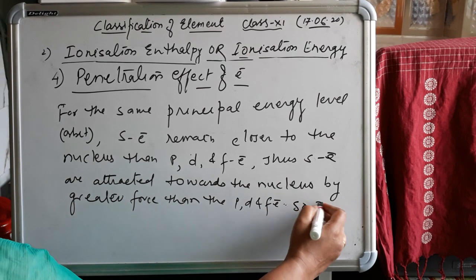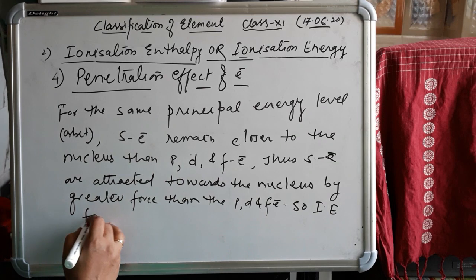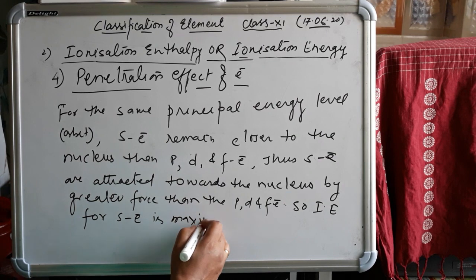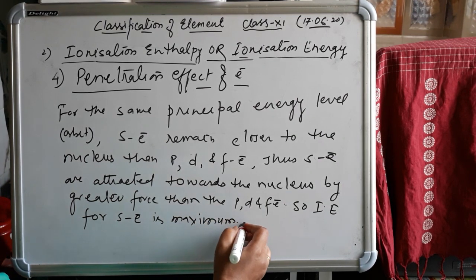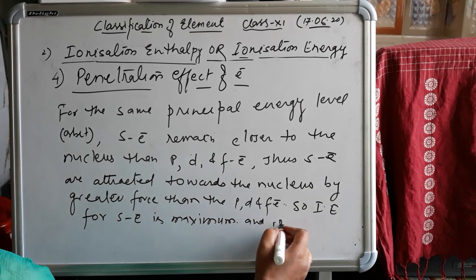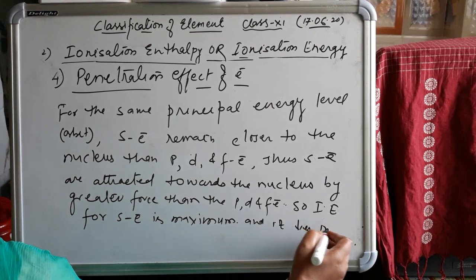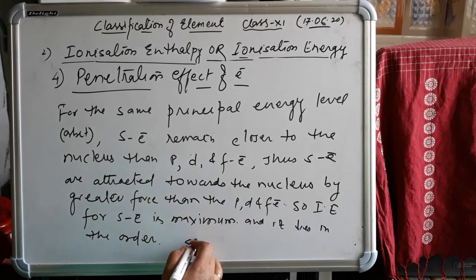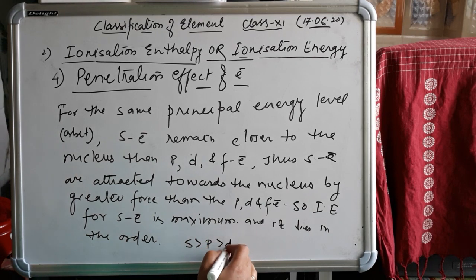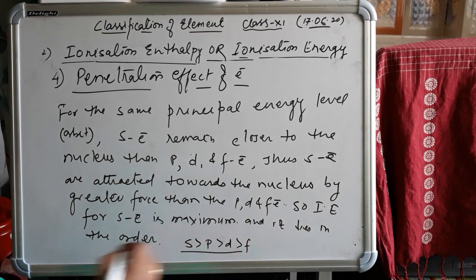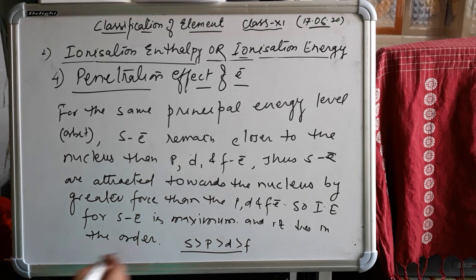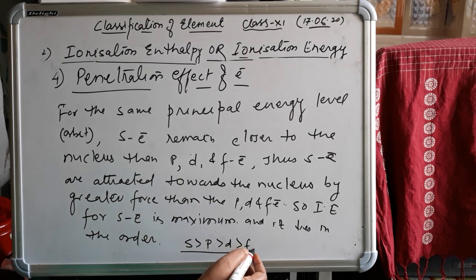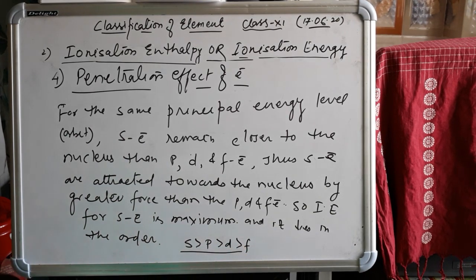So ionization enthalpy for an s electron is maximum, and it decreases in the order s, p, d and f. The s orbital has more penetration, so the enthalpy of an s electron will be greater than the p, then the d, then the f orbital. For example,